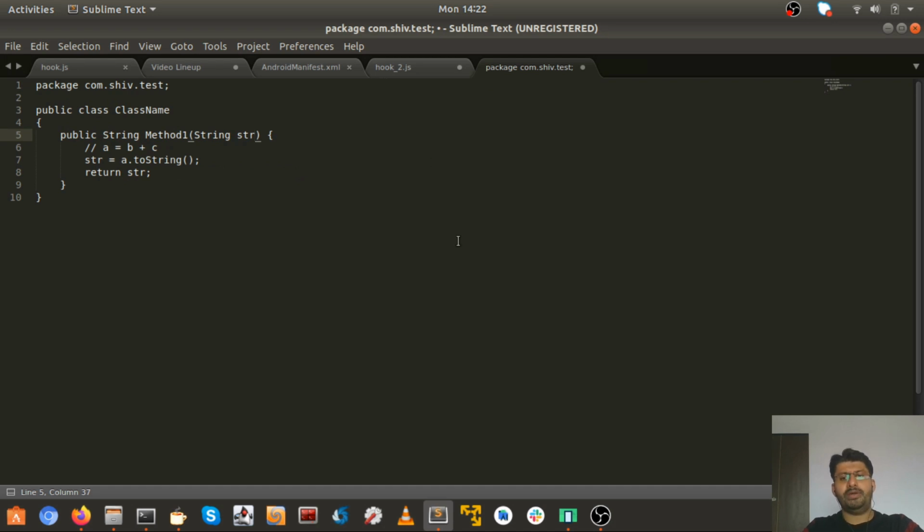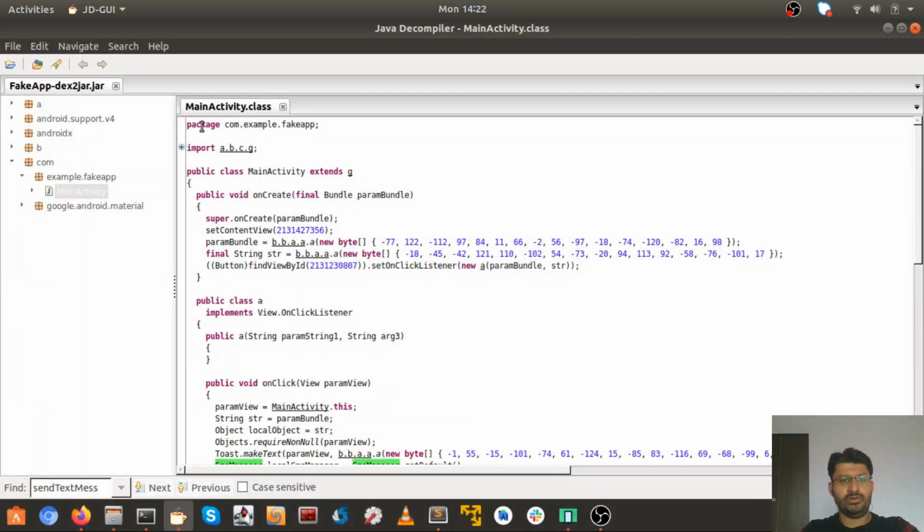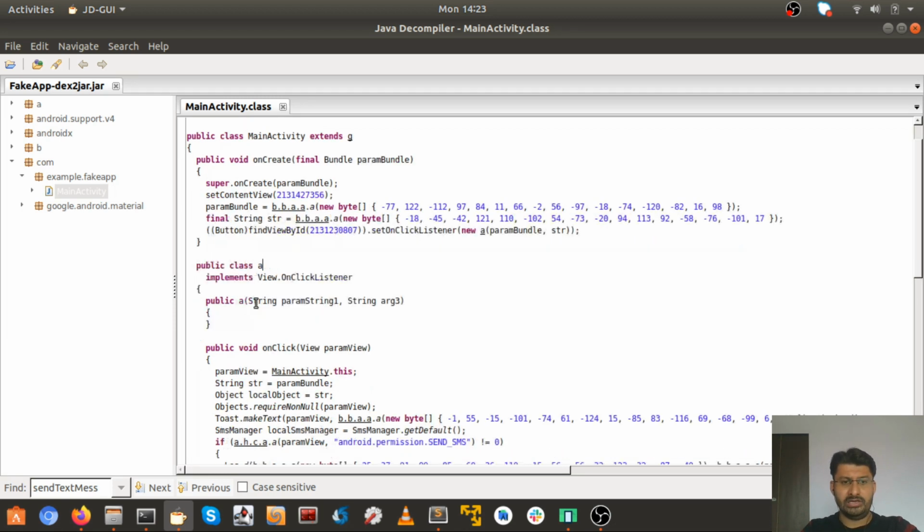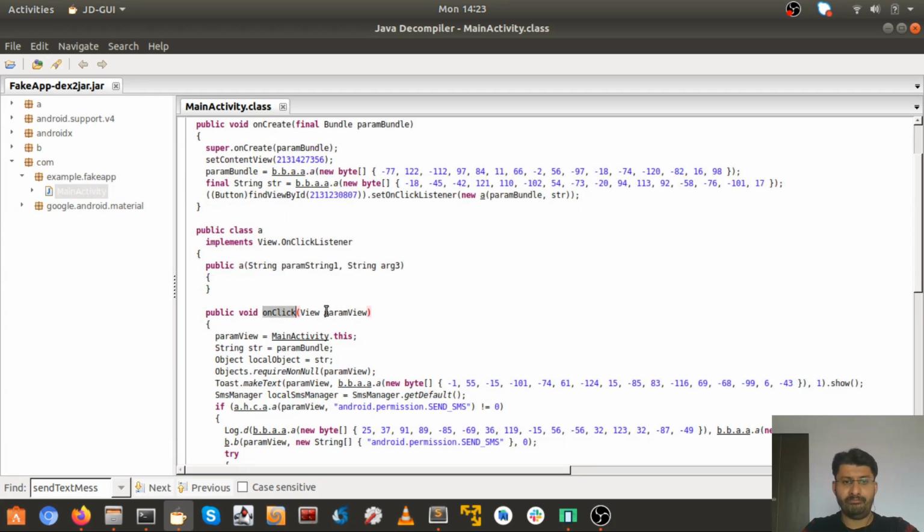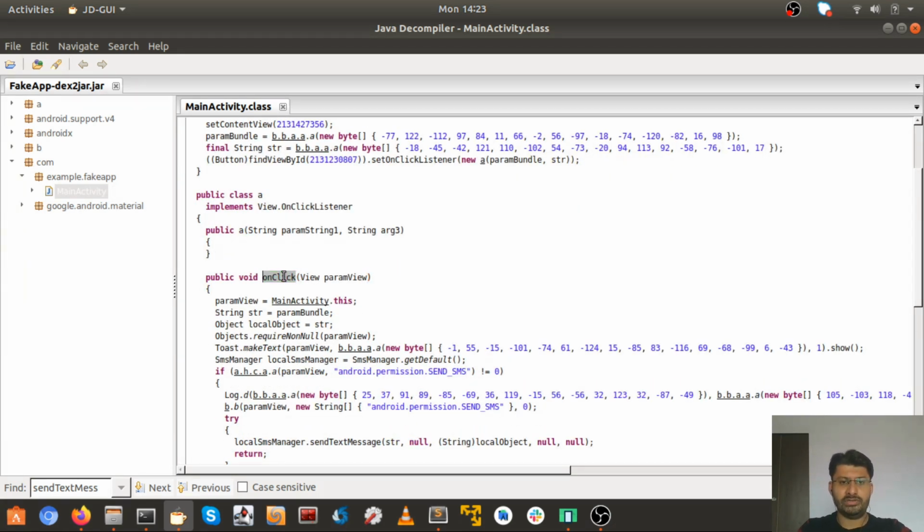So now let's get back to our code here. According to the example that I showed you, this is exactly the package name that we will be requiring. But one quick thing here is, inside this package we have a class called main activity, but because of the obfuscation that I have used, there are multiple classes in here. This is a class named A. Inside class A there is an onClick method, but if we go inside onClick, we have various things over here, so it's not going to go that easy.